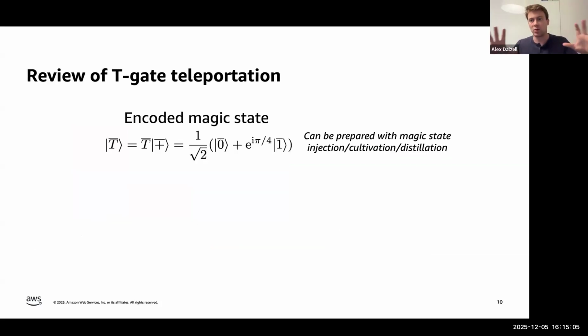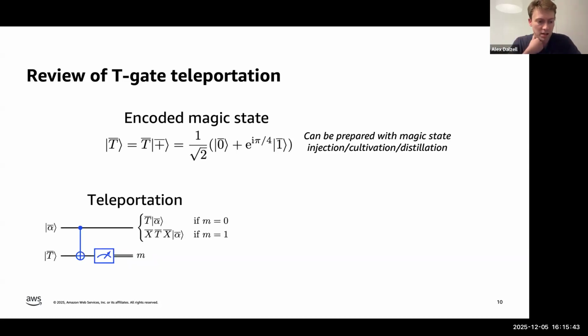And it will be easiest to understand how it works by making an analogy with how we perform logical T gates in many schemes for fault-tolerant quantum computing. One way of performing the T gate is to use resource states, also called magic states. If you take some quantum error correcting code, prepare the logical plus state, and apply the logical T gate, you would get this encoded logical magic state shown here. This has been the subject of intensive study of how to do this with the lowest overhead possible. But needless to say, we have ways of preparing such states.